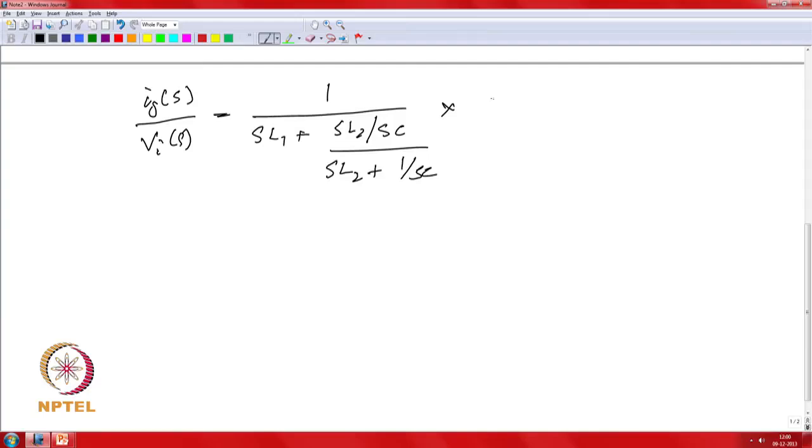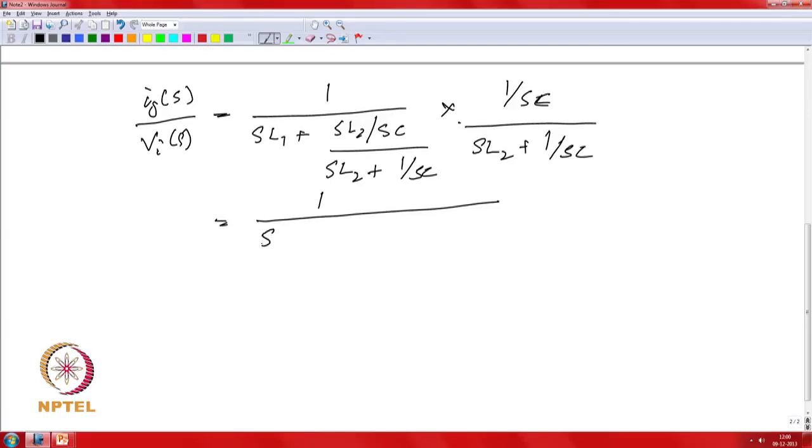So you can write it as 1 by SC divided by, so this is equal to 1 by